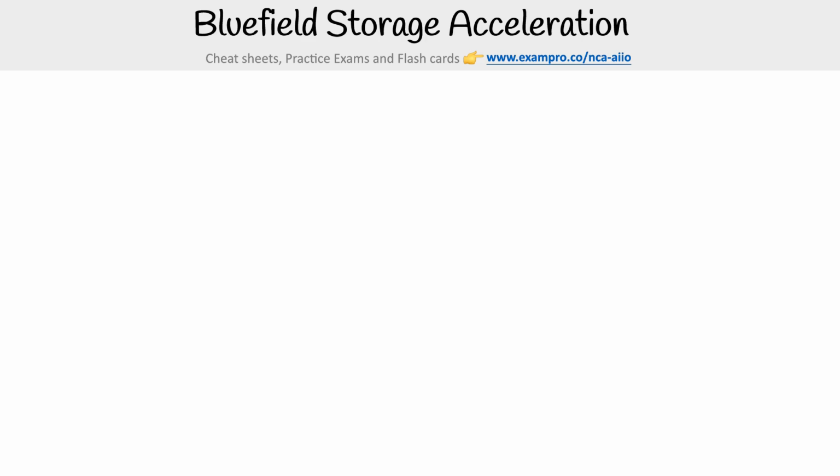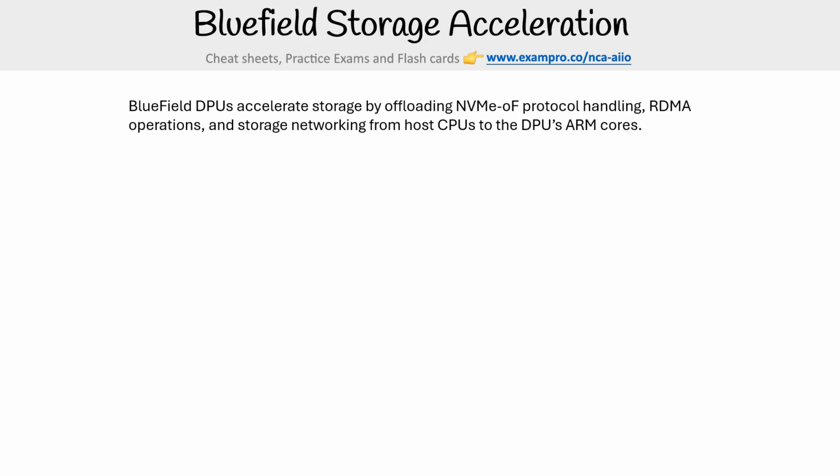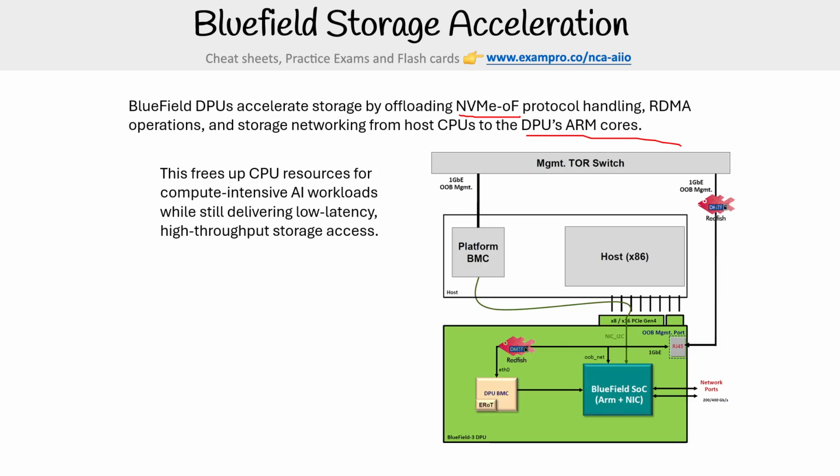So if there's something that we should know about BlueField, it's the storage acceleration that it has. BlueField DPUs accelerate storage by offloading NVMe-oF, NVMe over Fabrics, with RDMA operations and storage networking from the host CPUs to the DPU's ARM cores. So take it off the host CPUs onto the DPU's ARM cores. And this is going to free up CPU resources for compute-intensive AI workloads while still delivering low latency, high throughput